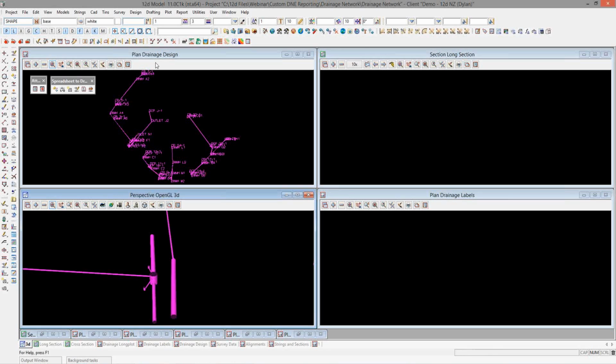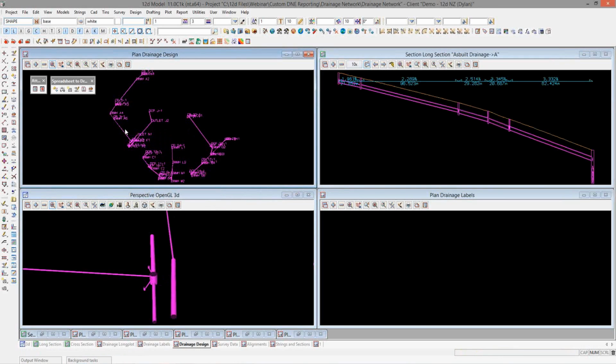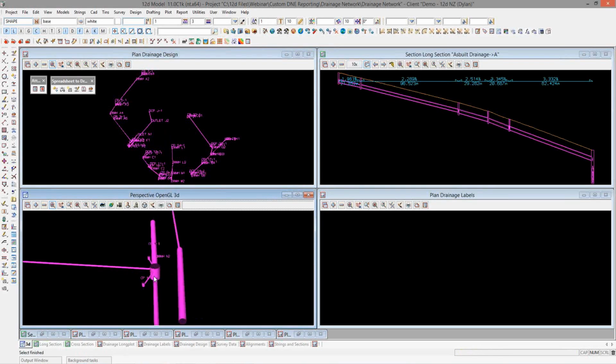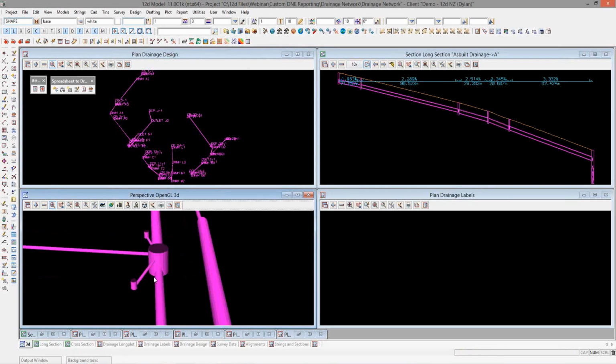So once the data is actually entered into 12D, we can quite simply go in and have a look at all of that 3D data that's been created directly from the spreadsheet in our typical plan, perspective, and long section views, and of course the ability to immediately plot those straight away. Before we look at the plotting, which I'm going to run from the Drainage Network Editor, we'll just have